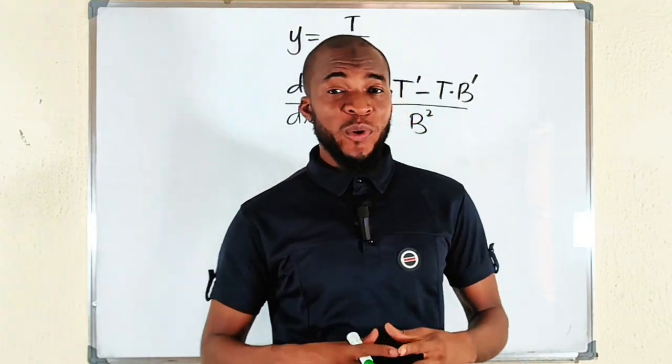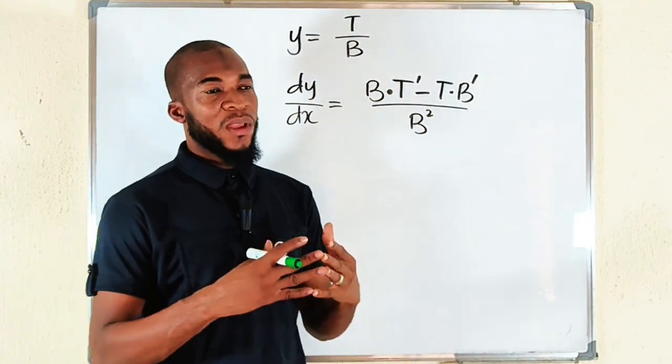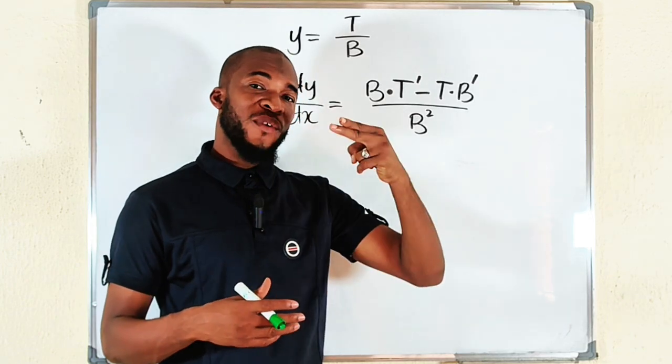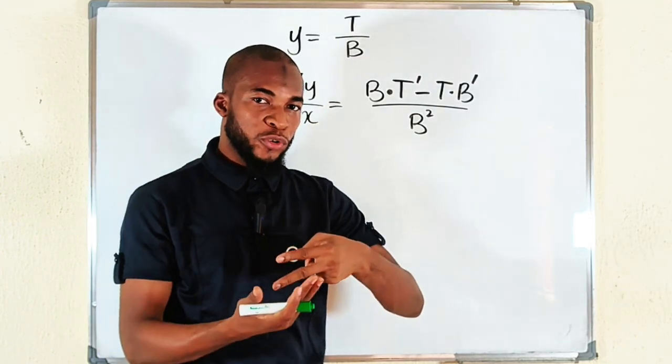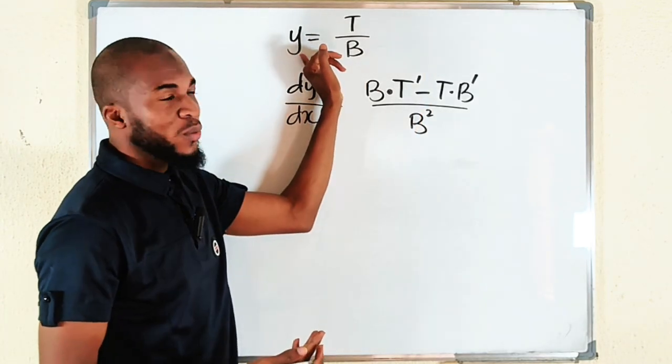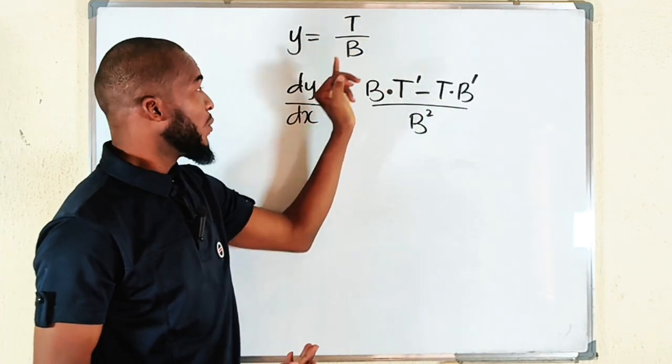Let me show you a simple way to remember the quotient rule in differentiation. Remember, we apply the quotient rule when we have a fraction, a function divided by a function, one at the top and one at the bottom. So assuming you have a function y equal to the top divided by the bottom function, then